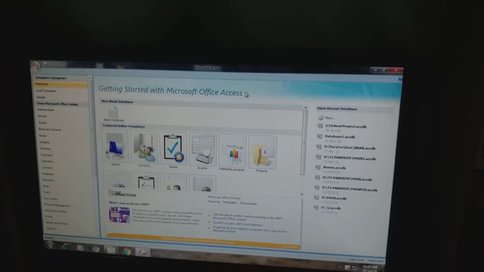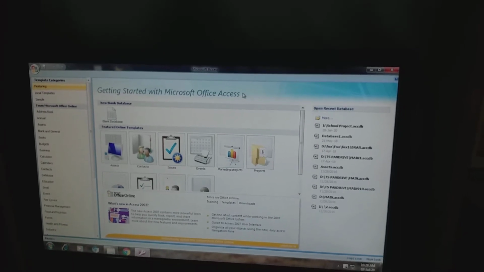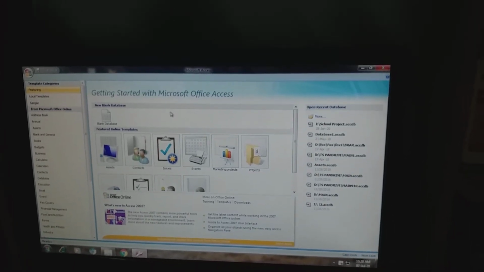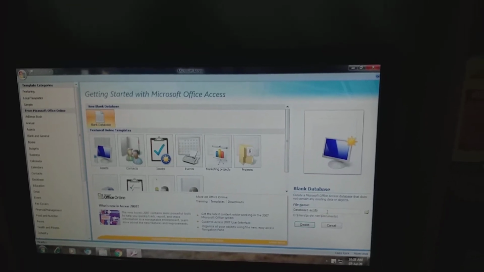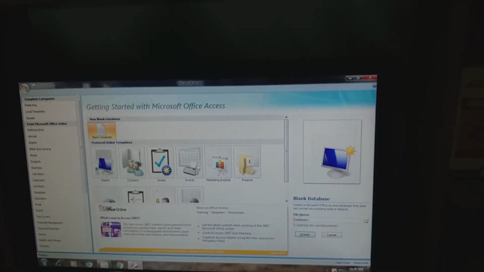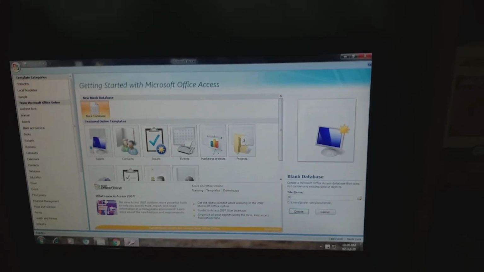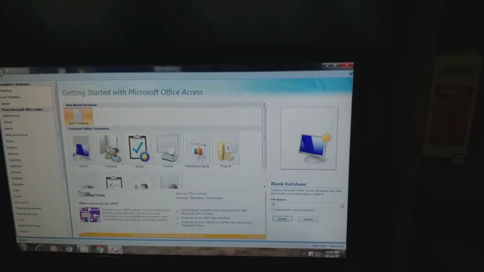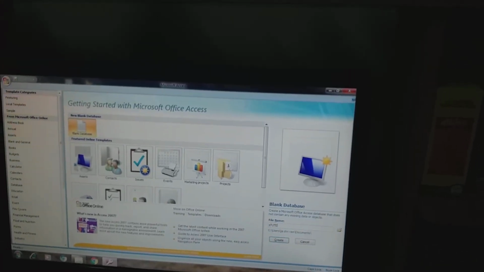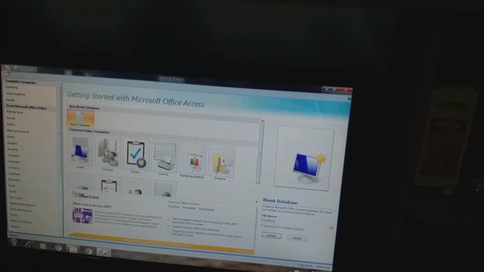Now this is MS Access. First of all, we create a database, a blank database. Give a name to this database. I give a name like students.